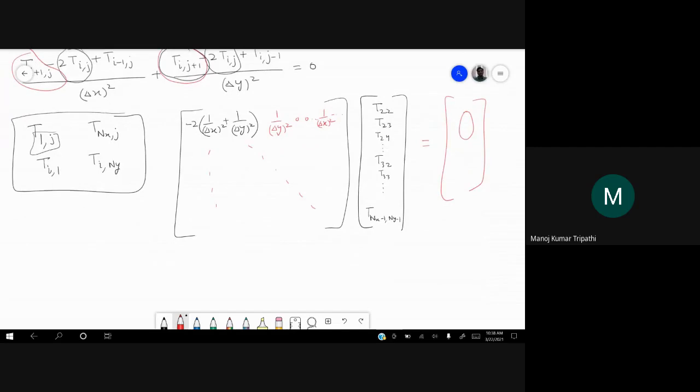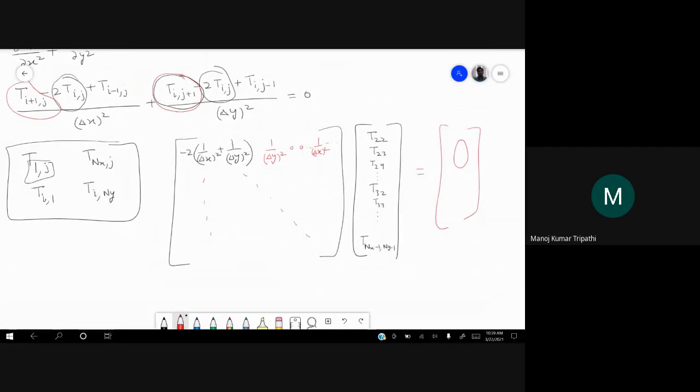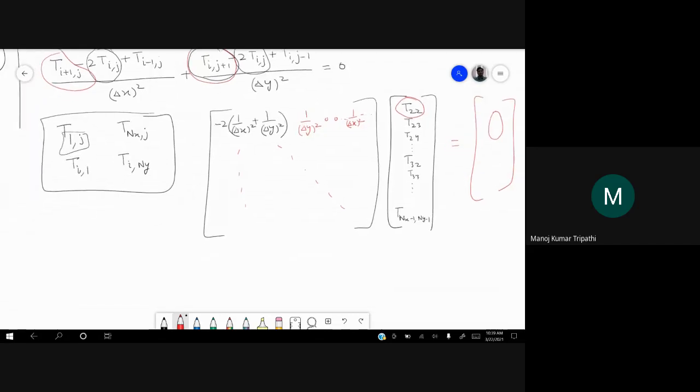Now, from the Scarborough criterion for the convergence of this equation, if you are solving it using Gauss-Seidel iterations, the condition is that for this particular variable for which you are solving right now, the mod of its coefficient should be greater than or equal to the sum of all the other coefficients.